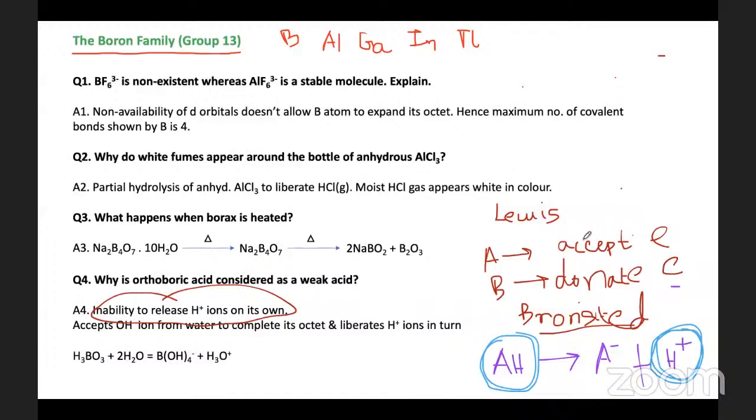So in case of Lewis theory, A is the acid that can accept electrons, and B is the base that can donate electrons. But in case of Bronsted theory, the acid-base concept is not the same. In Bronsted theory, the molecules that produce H plus are considered acids, but the molecules which produce OH minus are considered bases. So in case of B(OH)3, that is the boric acid,